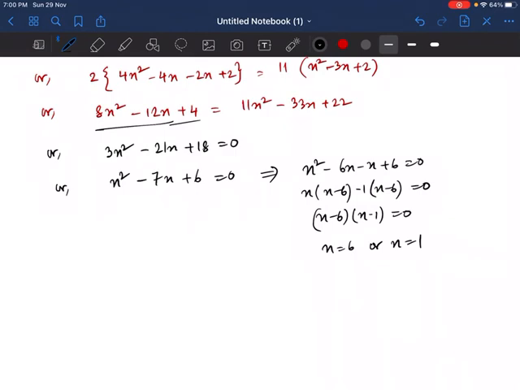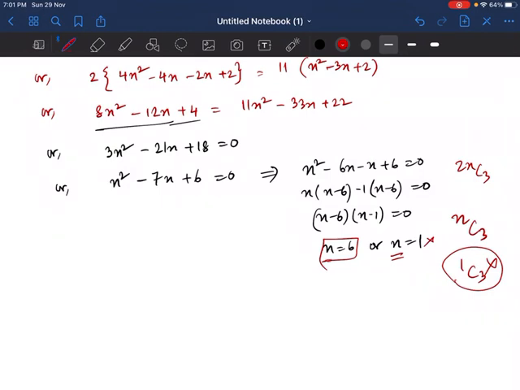Now which value should I take? Should I take 6 or 1? Now that will be a confusion. The fact is that n signifies what? n signifies the total number of objects, right? So if n signifies the total number of objects, in this question we have 2nC3 and nC3. If I put n as 1, we have 1C3. Now this actually means what? The total number of objects is 1 and we are taking 3 objects from there. How is it possible? It is not possible at all, right? So n is equal to 1 is not possible. So n has to be 6.